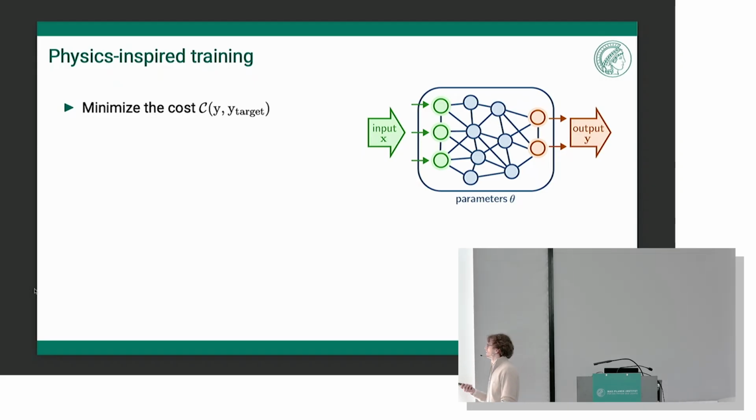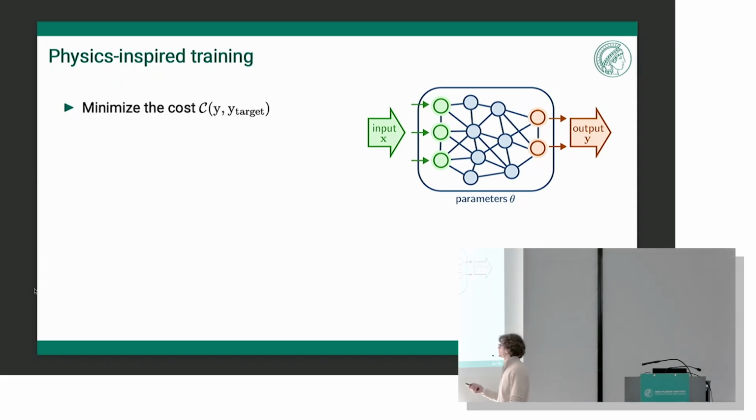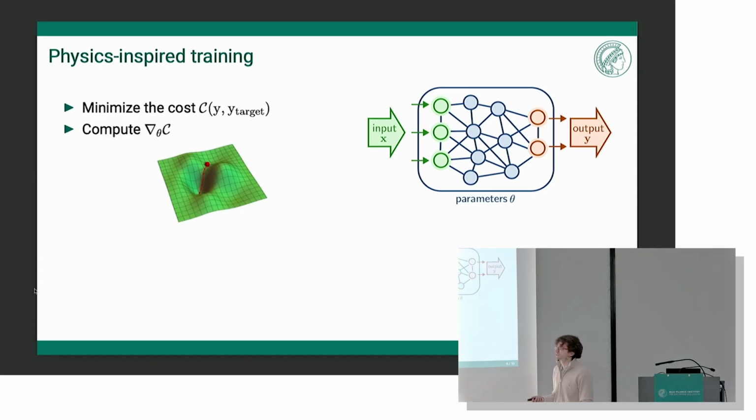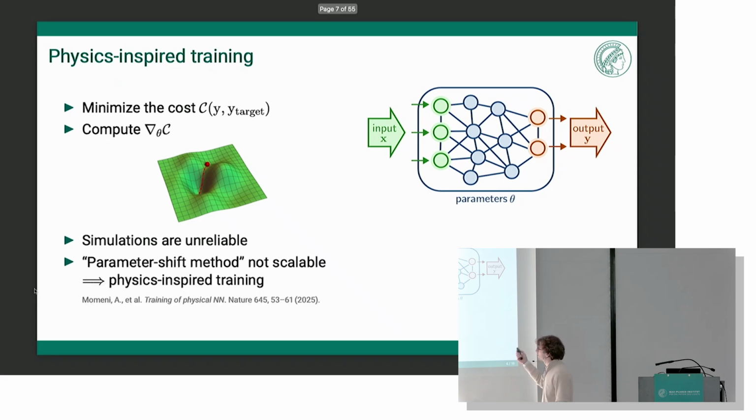So let's say you want to do supervised learning. What you would do in an artificial neural net, as you know, is most of the cases you do stochastic gradient descent. So you compute the gradients with automatic differentiation. In principle, if you have a physical system and you are able to model it, what you could do is to simulate it, do backprop through time, and train it this way, but this is not energy efficient. Also, it's not really reliable because in many cases the digital twins are not very accurate, and that's why some folks have been trying to come up with other methods to measure gradients or approximations via experiments on the system itself.